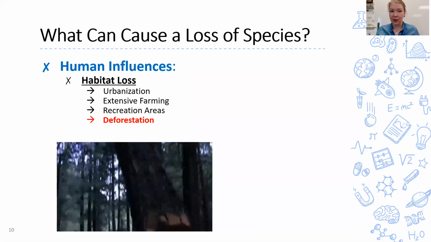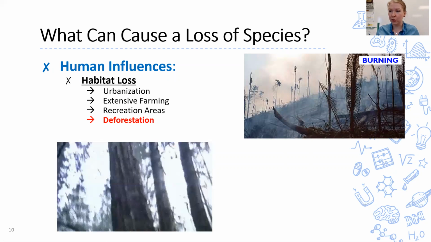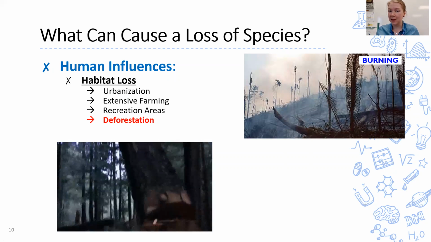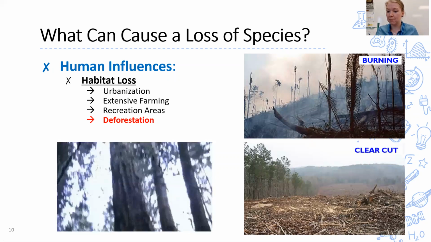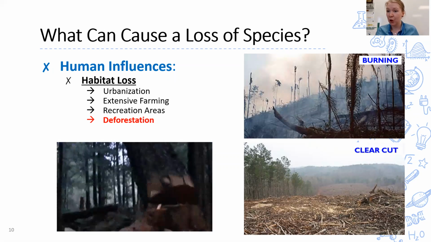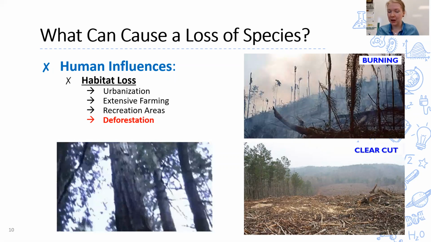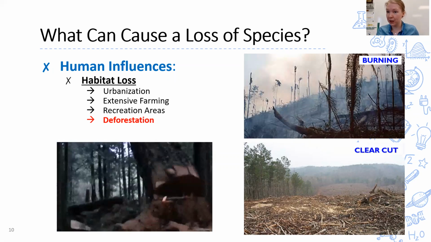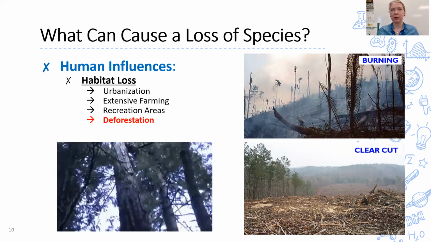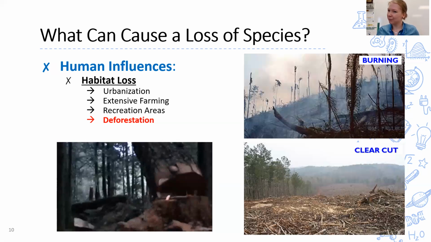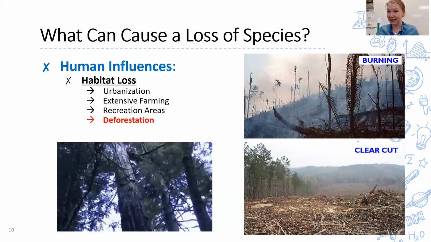Deforestation also, again, can cause a huge habitat loss, especially in Brazil with the Amazon rainforest. We see more burning, some clear-cut areas. They use a method in Brazil called slash and burn, where they essentially cut down the trees and then burn the under canopy. And they hope that the ash from the burning will soak into the soil and help provide sort of a carbon organic base for agriculture purpose, because they're typically cutting down the rainforest to create these massive